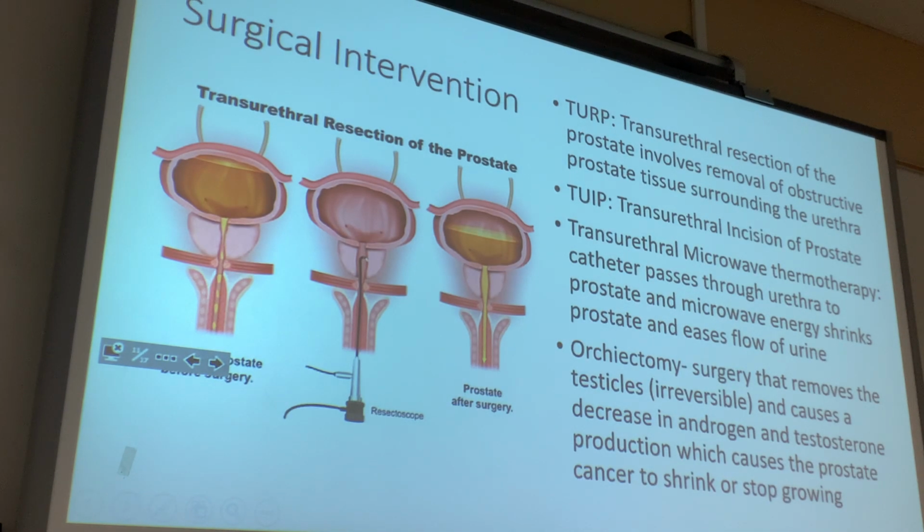So the most common surgical intervention for BPH is a TURP, which removes the obstructive prostate tissue surrounding the urethra so that urine can flow freely. And then there's a TUIP, transurethral incision of the prostate, and then transurethral microwave thermotherapy that allows microwave energy to shrink the prostate, and then an orchiectomy that removes the testes, and this is irreversible, so they'd want to know